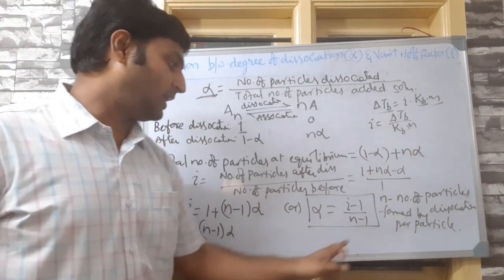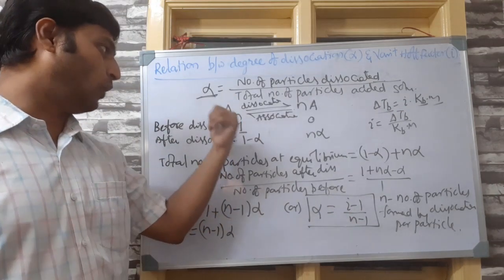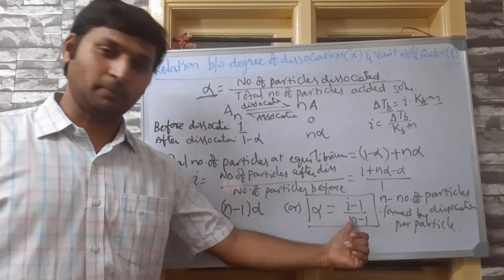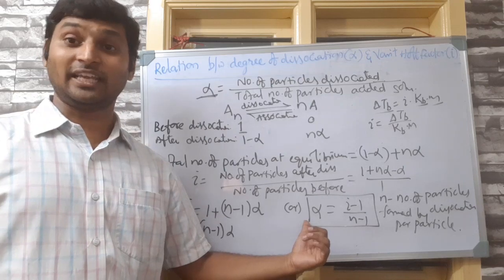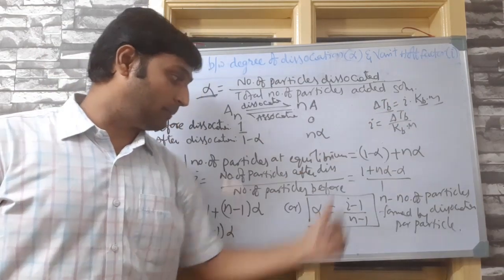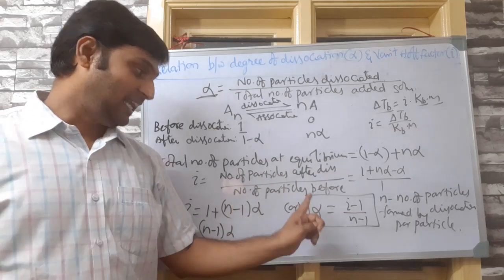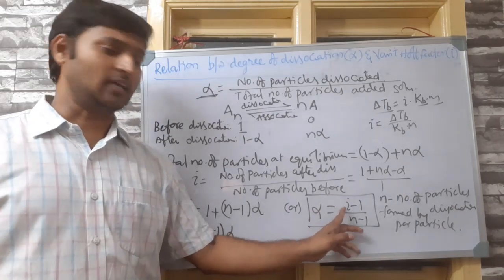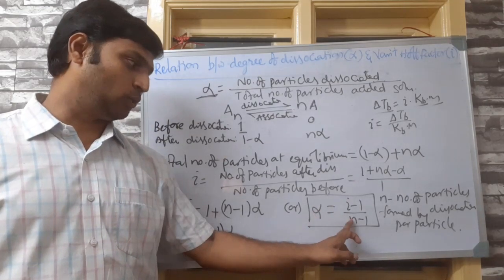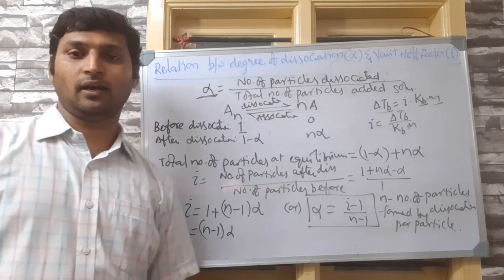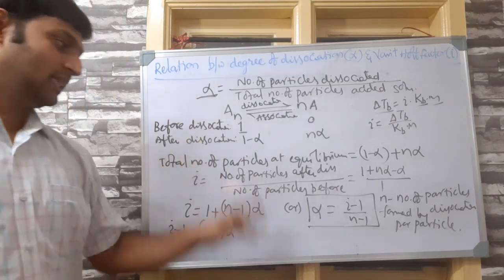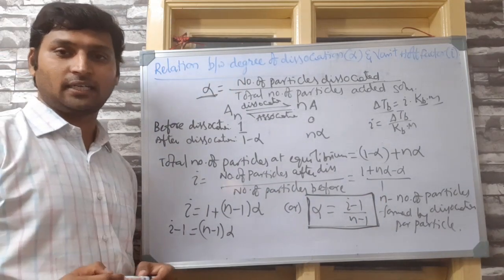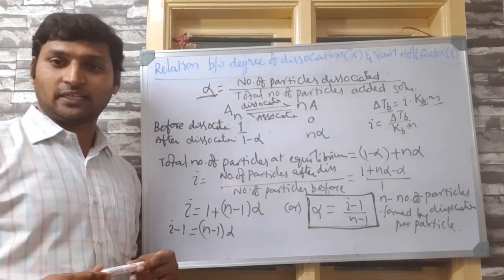So from this experimental value, you will find i. Then from theoretically what solute he has given, and if it dissociates, how many particles it might form, you will know. That you will substitute in the place of n and you will find alpha. If experimental information is given, alpha is asked. Whereas if alpha is given, the Van 't Hoff factor is asked. The task is easy. If alpha is given, and the Van 't Hoff factor is asked, then place the value in the place of alpha, n you will know theoretically, cross multiply and get your answer. Clear? So this is the relation between degree of dissociation alpha and Van 't Hoff factor i.